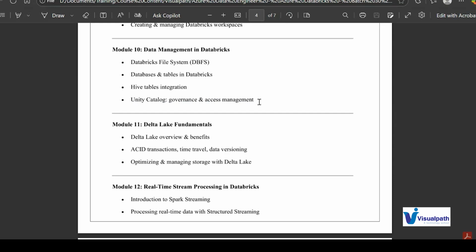Because Databricks is very costly, since it runs on an Apache Spark cluster. To practice our code on Databricks integrated with Azure will cost you very high. It may go up to 10 to 20,000 per month. So to overcome that, Databricks itself has introduced this free edition, which we are going to use for our learning purpose.